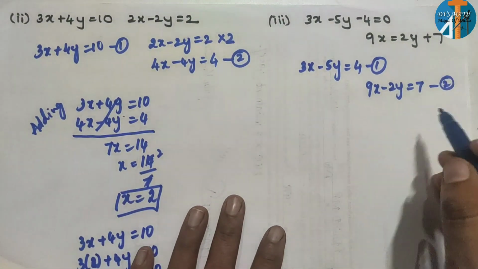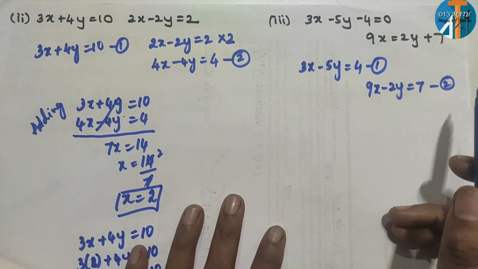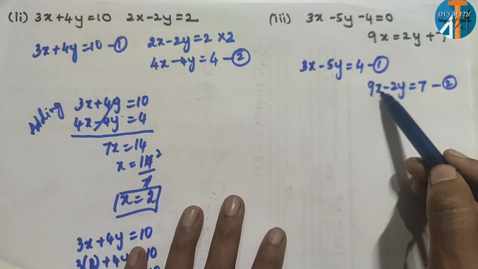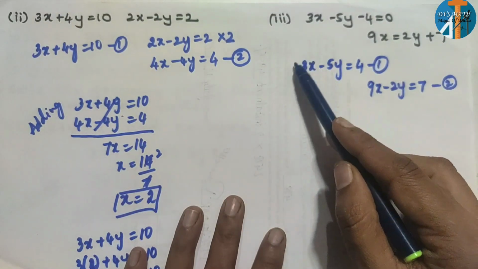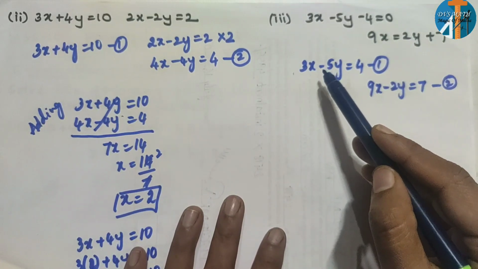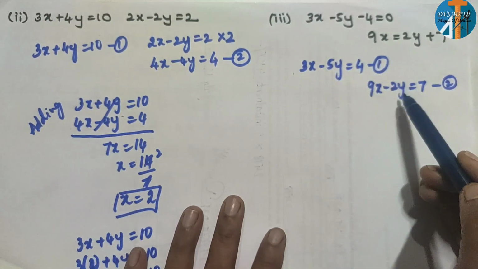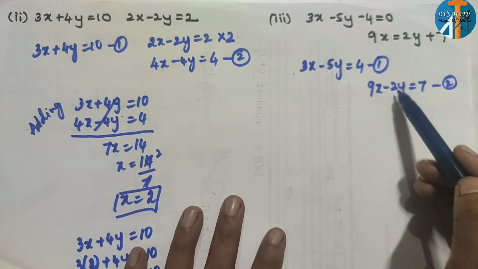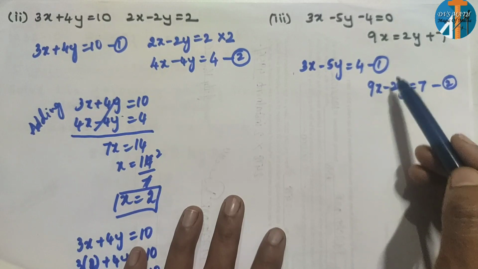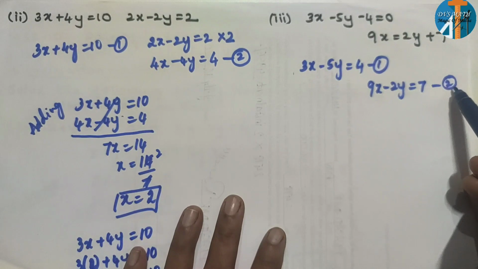Now what do we have to do? We have to simplify. First we have to check the coefficients of x and y. Here the coefficient of x is 3, and here it is 9. To make the coefficient 9, you have to multiply by 3, because 3 3s are 9. But if you check y also, you have 5 and 2. If you multiply by any number, you will not get 5 or 2. So the common multiple of 5 and 2 is 10. So you have to multiply by 2 for this, 5 2s are 10, and multiply by 5 for this, 2 5s are 10.